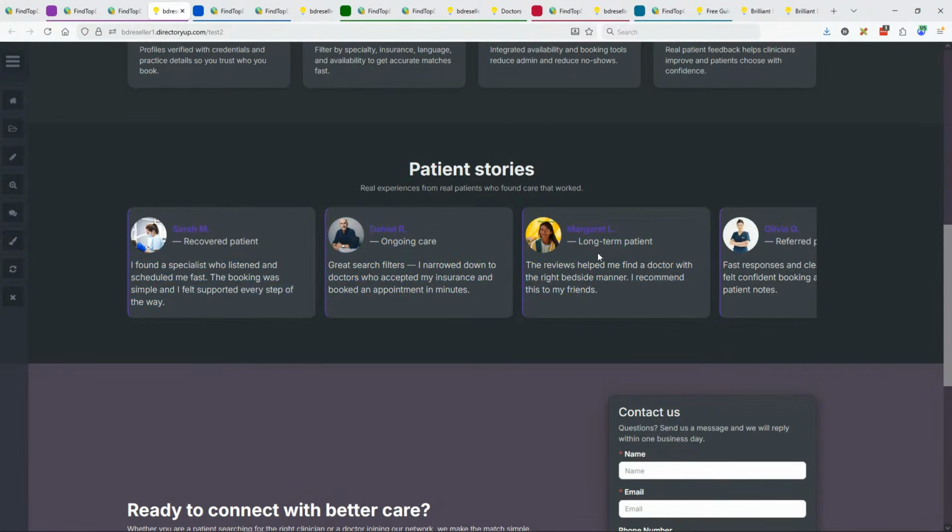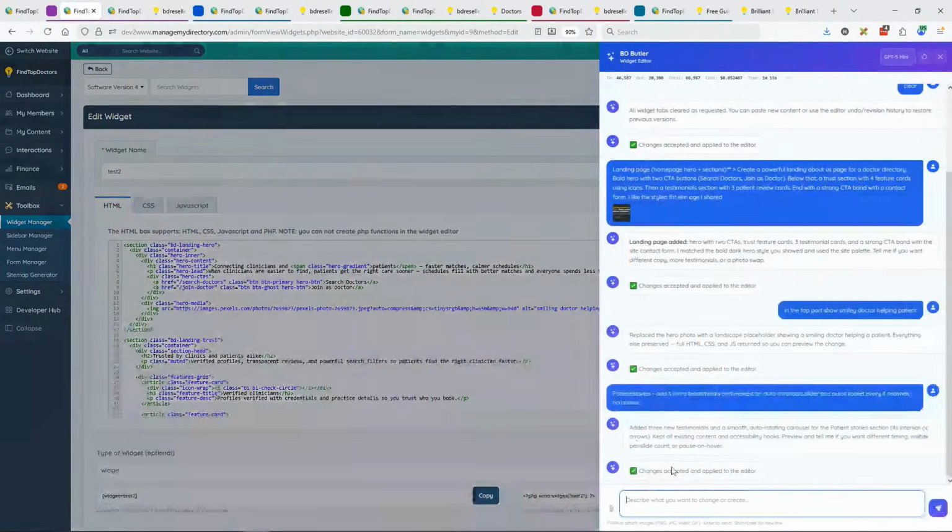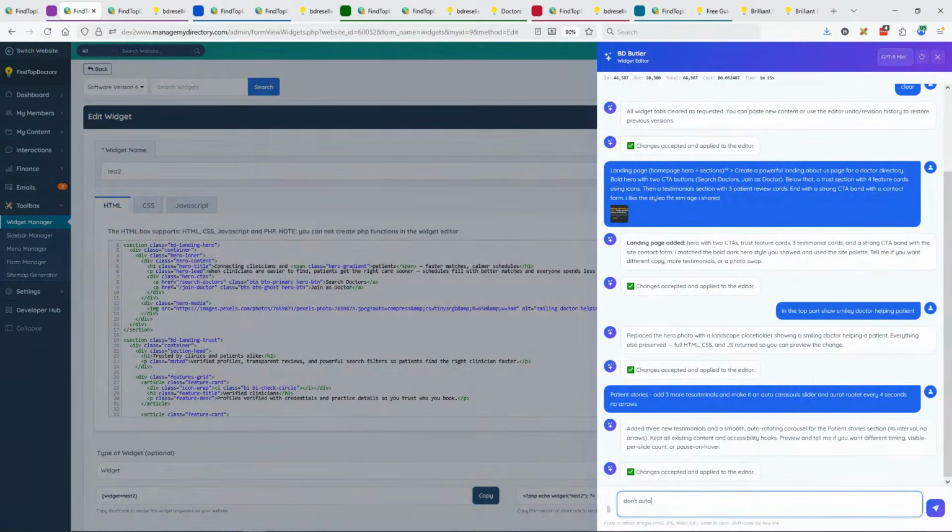And it is not auto rotating. So I could go back and tell the AI it's not auto rotating and the cards don't look so nice. Oh, there we go. It just took a little minute. Let's do one more thing. Don't auto rotate, continuous, nonstop, scroll slowly,